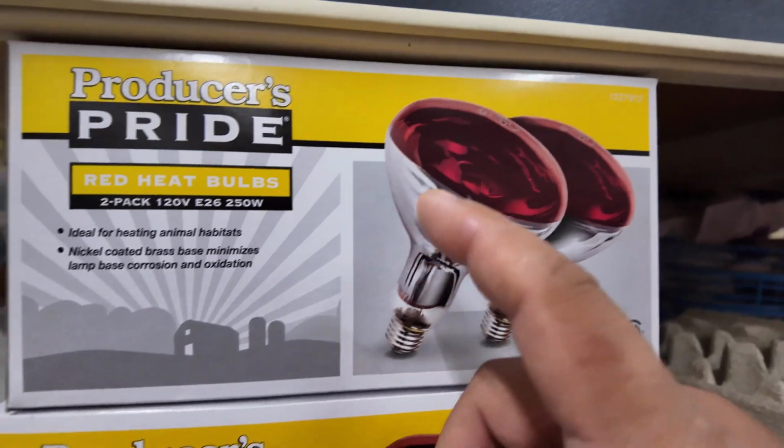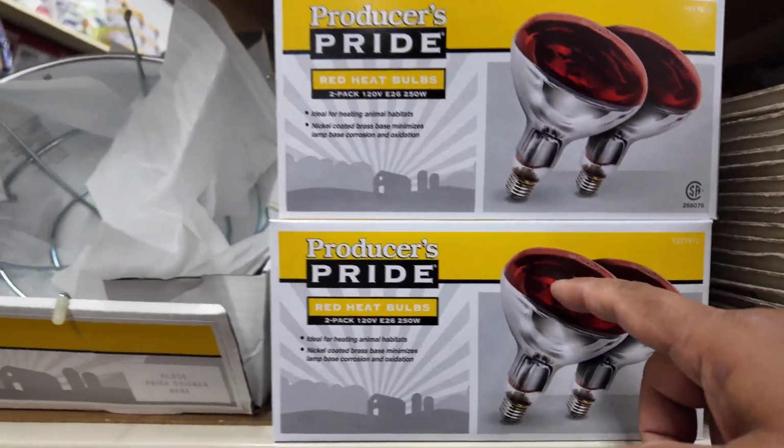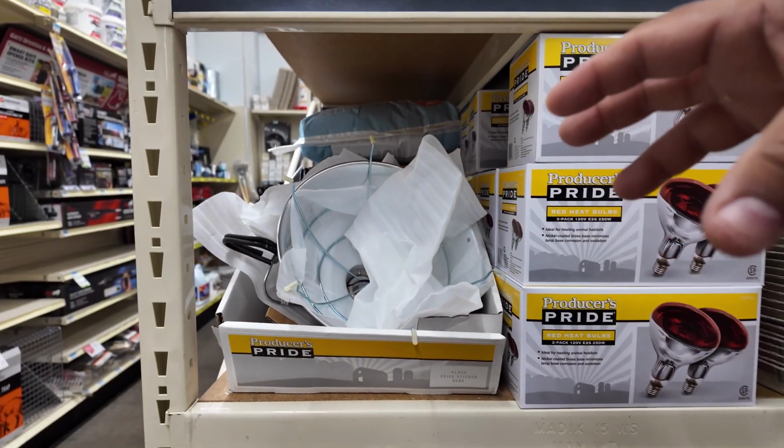This right here, without fail, we use with our pups. We use a pool where we have the...